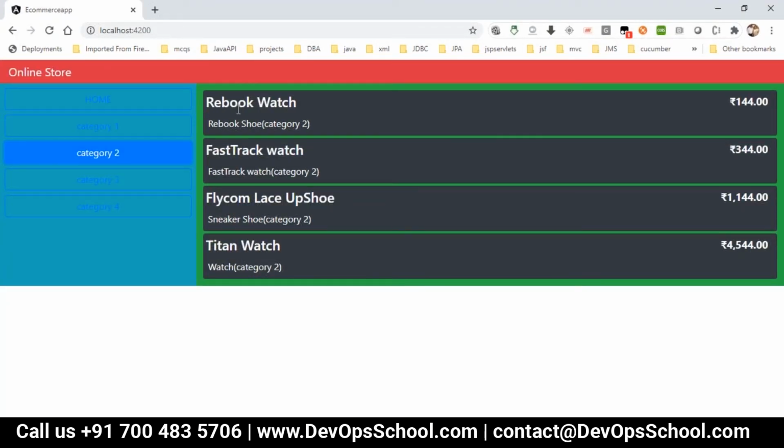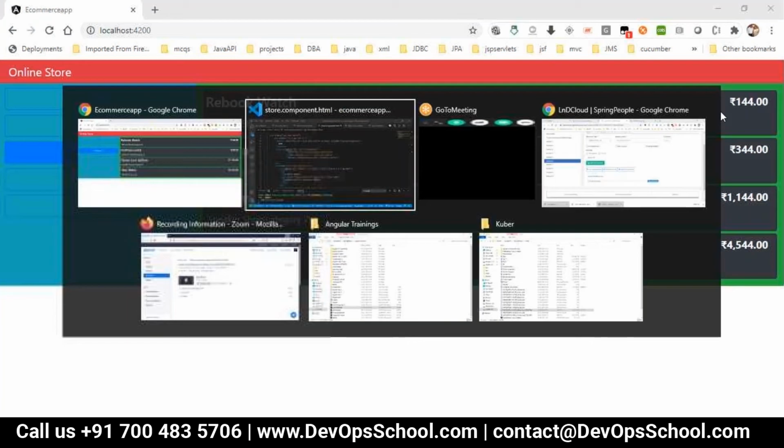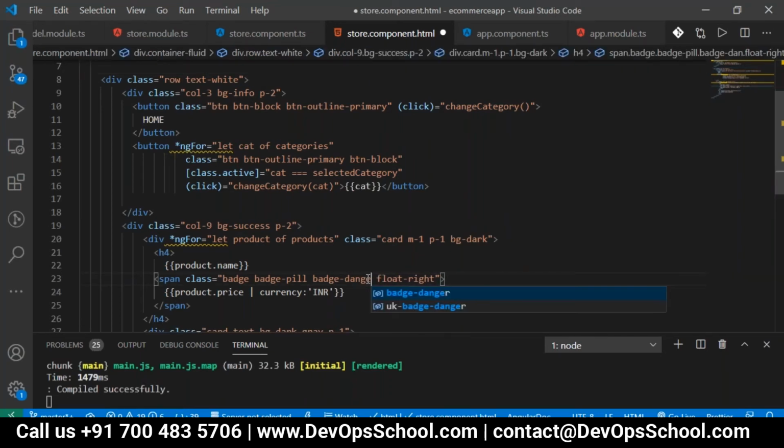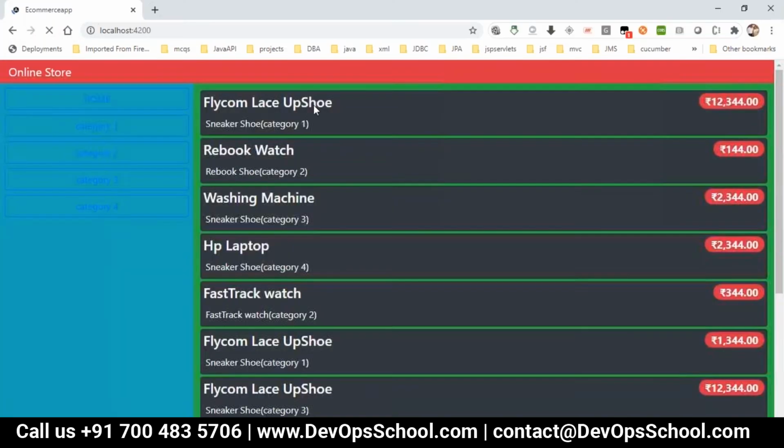So it is giving here the name, the description and the price. If you want to highlight the price, you can just change your badge. Instead of badge dark, you give badge danger, so that the price will also be highlighted. You can just see, yeah, the price is highlighted like this.